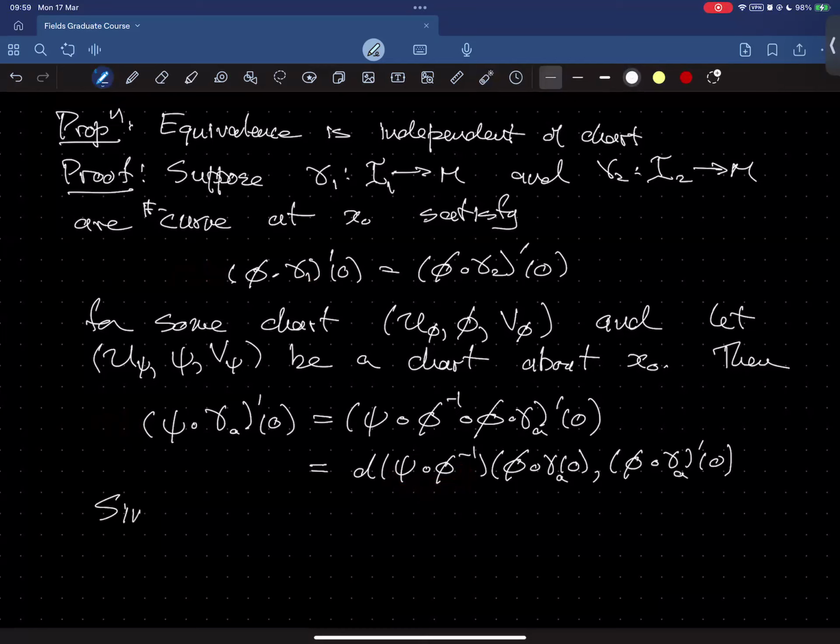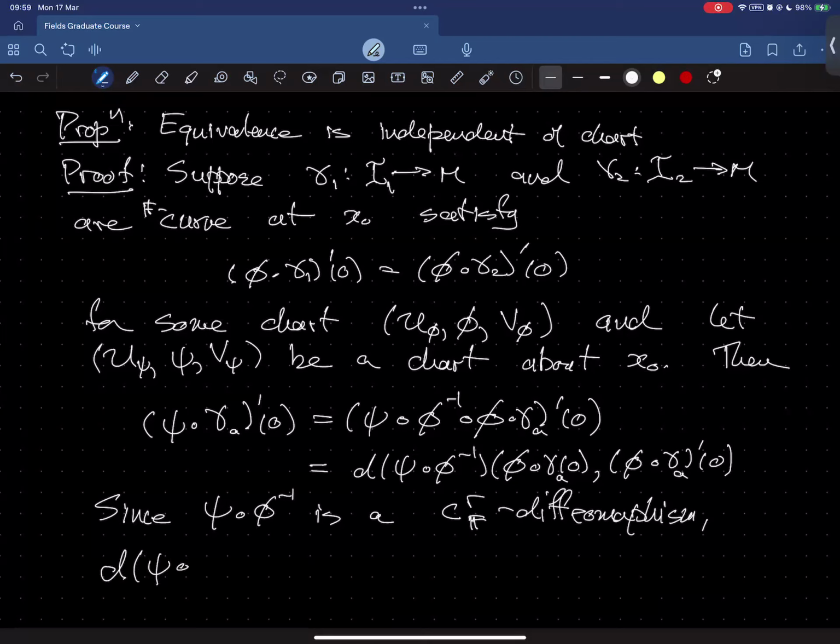So since psi composed with phi inverse is a C^r diffeomorphism, and now here's where I need r strictly positive. Okay, so since that's true, it must be true that D of psi composed with phi inverse